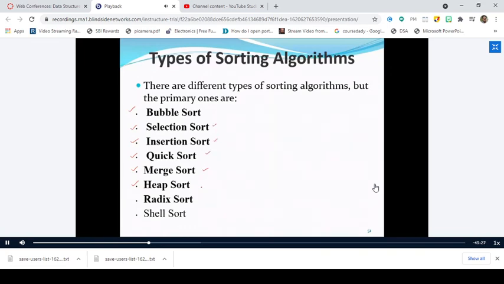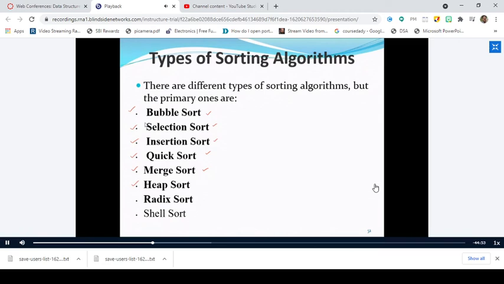Let us check, right? So other than these sorting algorithms, I am going to discuss one simple sorting algorithm which is called the bubble sort algorithm. So in our syllabus or in our discussions, we are going to discuss these 5 sorting algorithms. If some sorting algorithms are there other than these 5, we will also discuss them. Right. So the first thing we are going to discuss is the bubble sort, and then we'll move to the selection sort, and then the insertion sort, followed by quick sort, and then merge sort. Right.